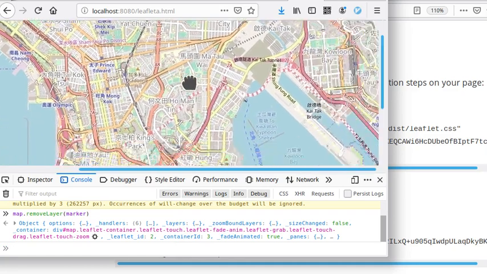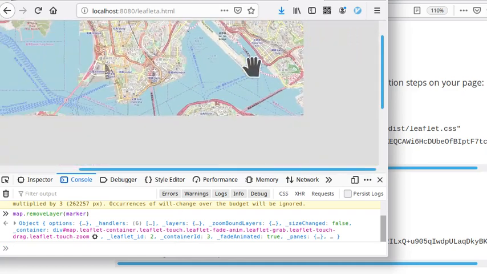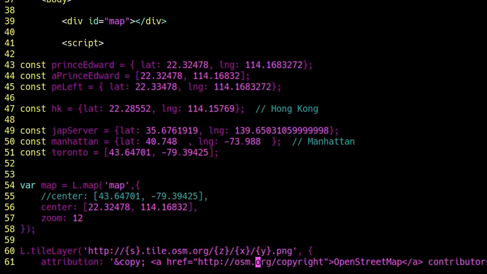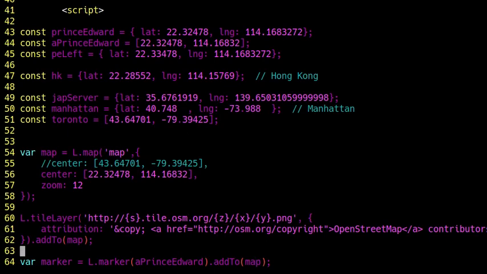We got the map, and let me show you where we get the rest of it on the map. How we get the map. The map is a Leaflet map. Leaflet is in short commonly one uppercase letter, it's here. You can see it's here. It's big L dot map. This makes a map, and the keyword map has been used